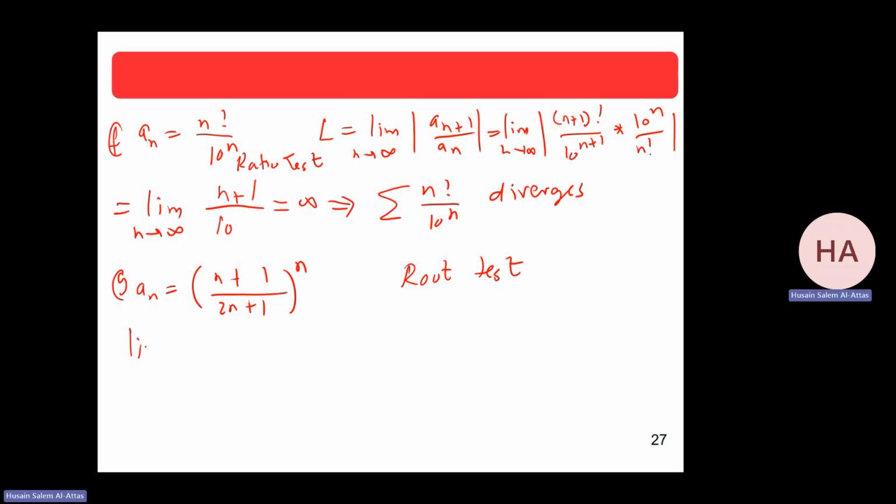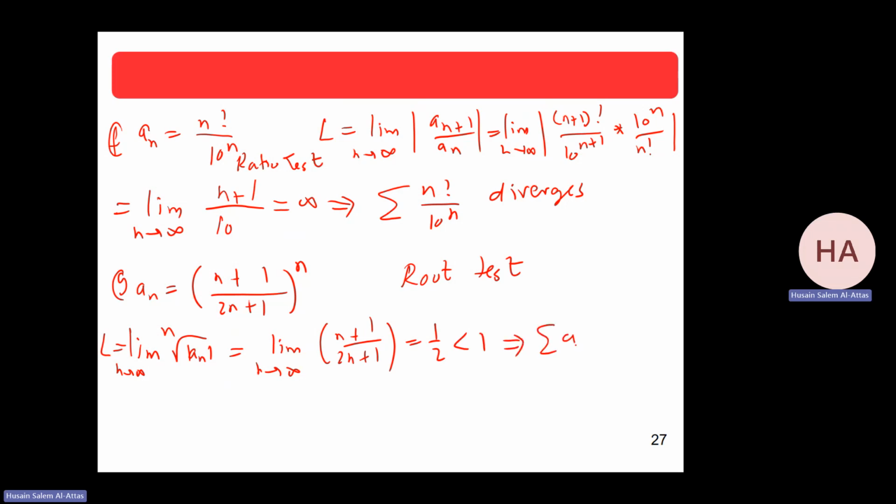So I take the limit of the nth root of this, and that will be my L. The nth root will kill the power, so that will be the limit of (n+1) over (2n+1), which is very clear, half, less than 1. So this series